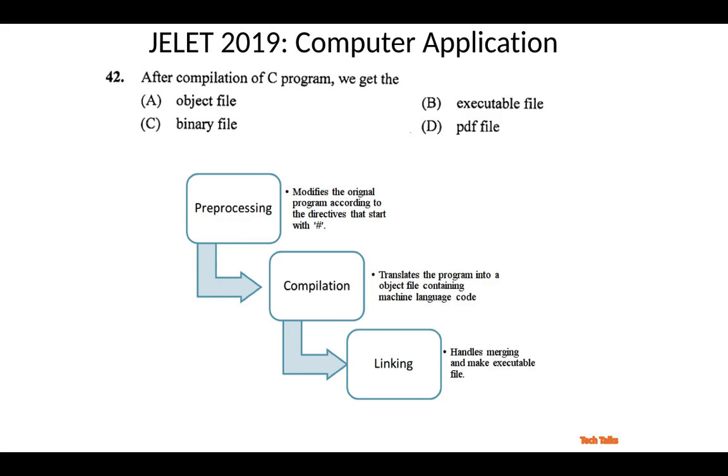So before compilation, the pre-processing is done. All the content of those files is brought into your main source file, and the source file size becomes huge. Then in the next step the compilation happens, and during compilation the compiler translates the program into an object file, .obj, that has the machine language code.